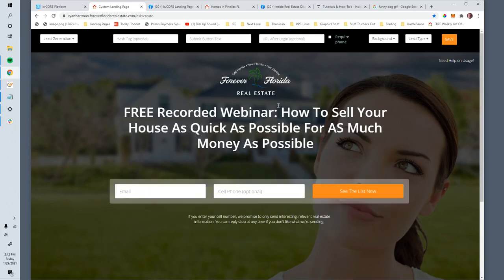And then be prepared to spend a good little penny, $50, $100, to finally get somebody who really needs to sell their house now. You're gonna have to put this out there on Facebook, Google, but the idea is that if you find the one who is thinking about selling their house, and you can come up with the right lead magnet. I don't know if this is specifically right. Maybe we need to get a little more specific, like how to save